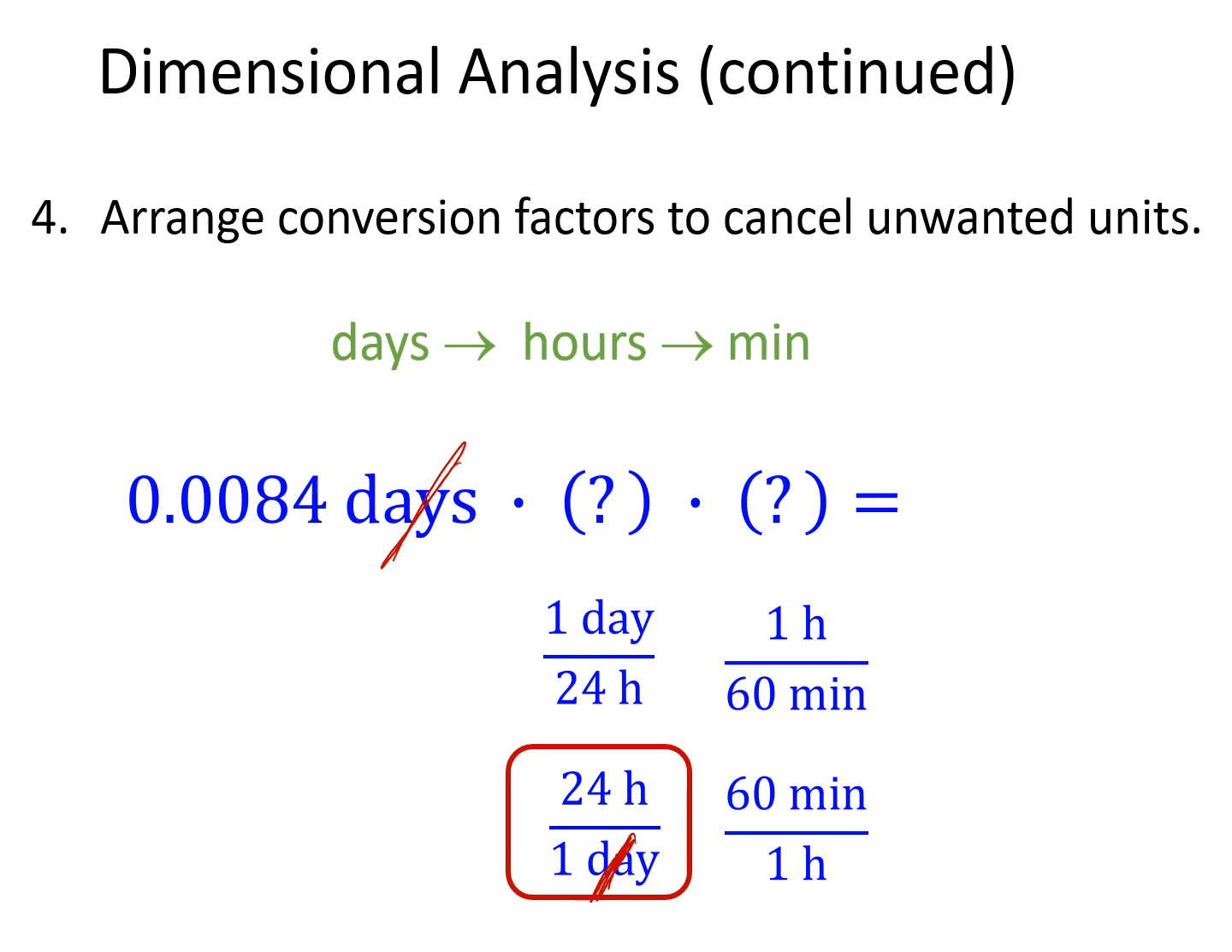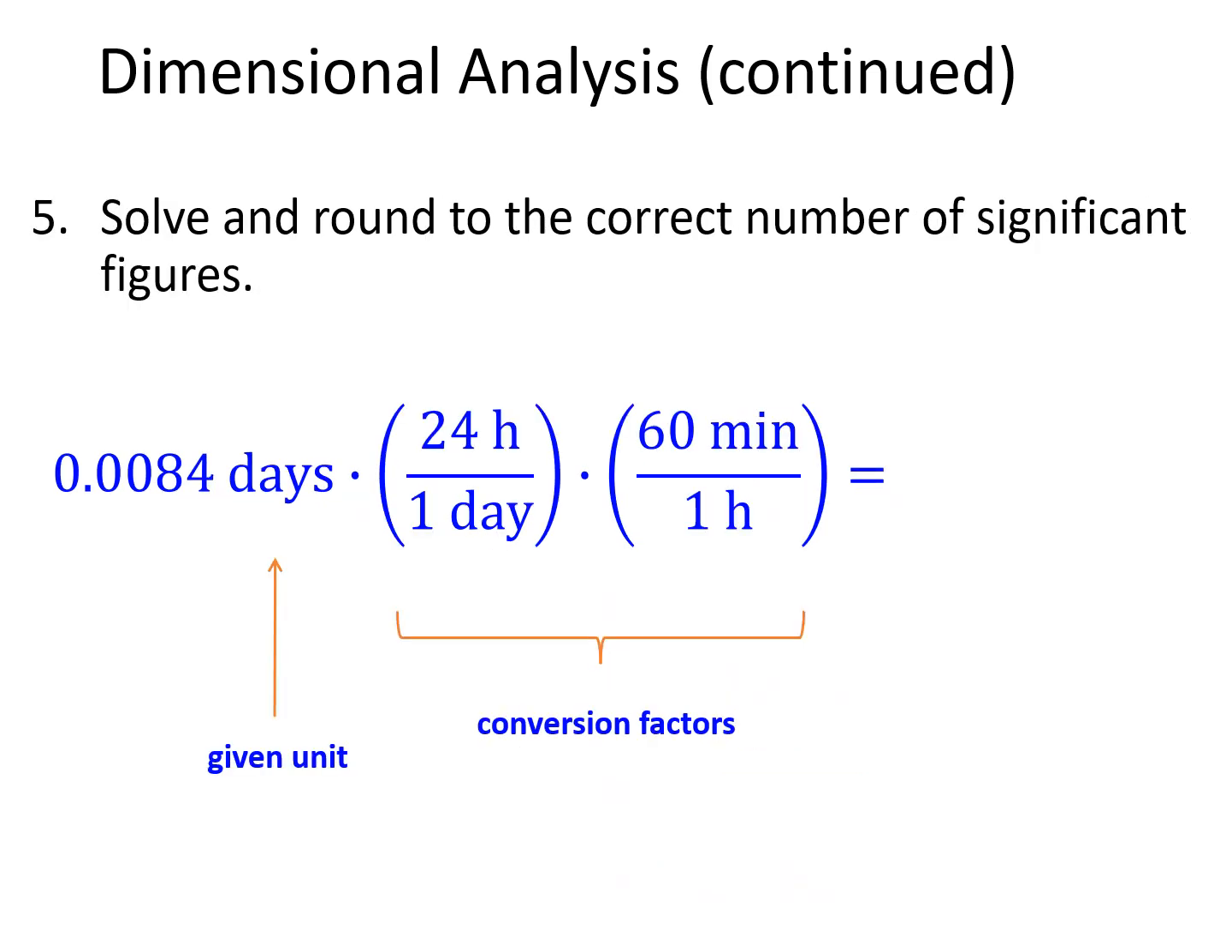So I need my hours to now cancel. So since my hours are currently in the numerator, in order to get them to cancel, they're going to have to be in the denominator. So I want to choose the bottom version of this conversion factor. That would allow my hours to cancel, leaving me with minutes. So we now have our given unit, we now have the conversion factors that we needed, and we have them arranged so that those units that we do not need cancel out. So our days have canceled, our hours have canceled,